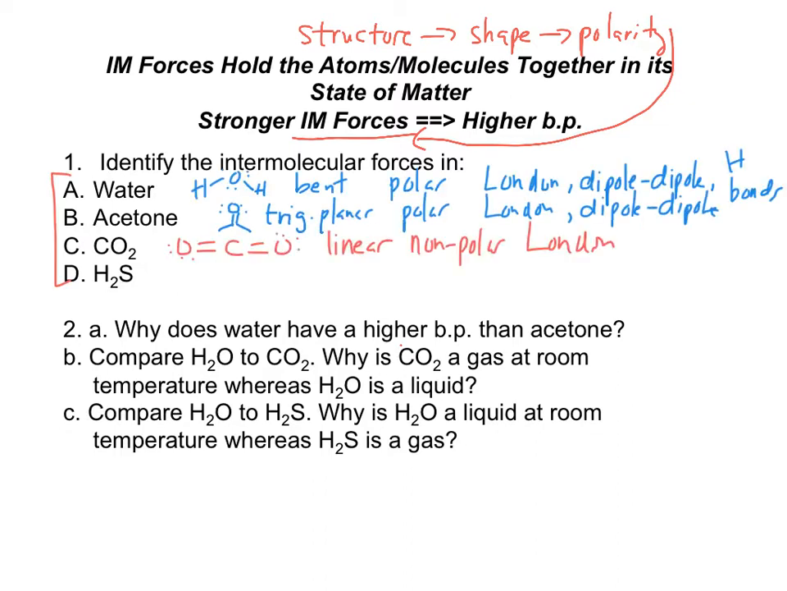And the answers are: water has all three intermolecular forces, which is why it has the highest boiling point. CO2 is nonpolar with weak London forces, which is why it has the lowest boiling point. H2S, that rotten egg odor, is bent and polar like water, but no hydrogen bonds, so it's a gas at